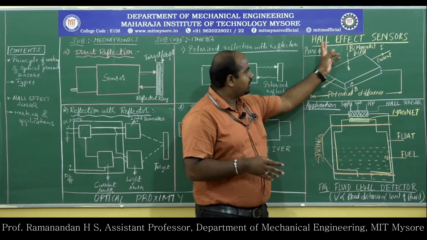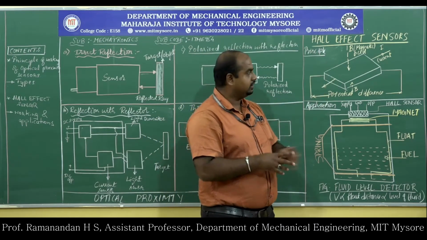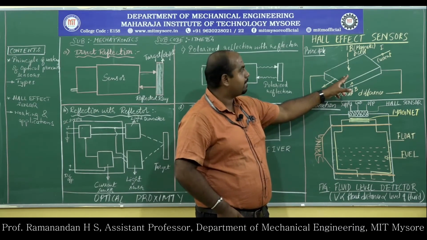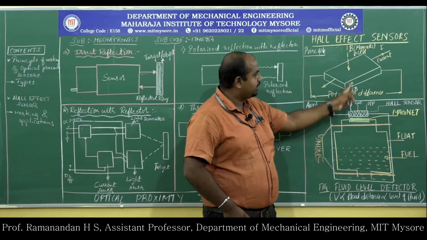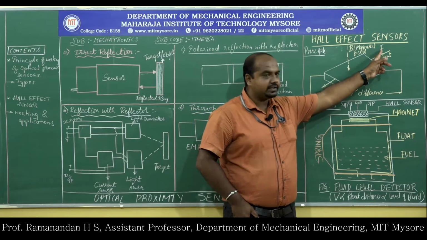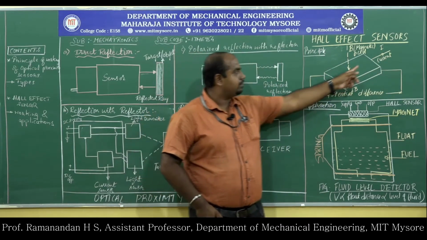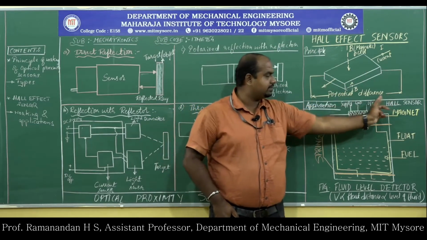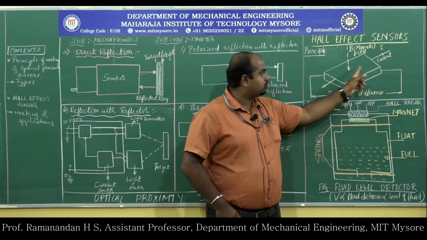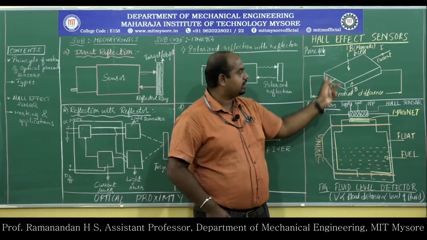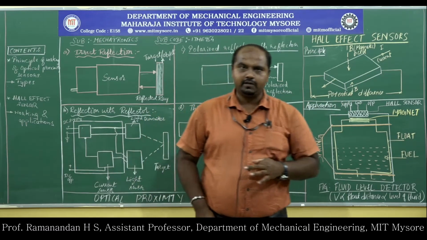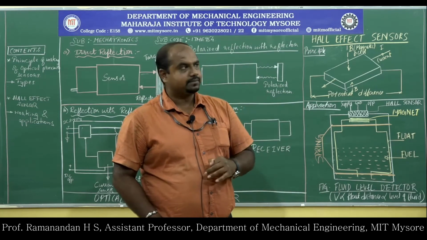You can see in the sketch, Hall effect sensor. That is the statement I told you. So the Hall effect sensor can be understood this way. This is a conductor, a conducting material. B is the magnetic field perpendicular to the direction of current. I is the current passed through this conductor, which generates a potential difference. Current is passed continuously through the conductor, so a potential difference is generated, measured with a voltmeter or any voltage measuring device.